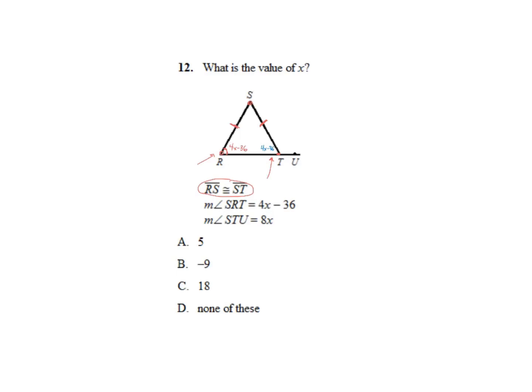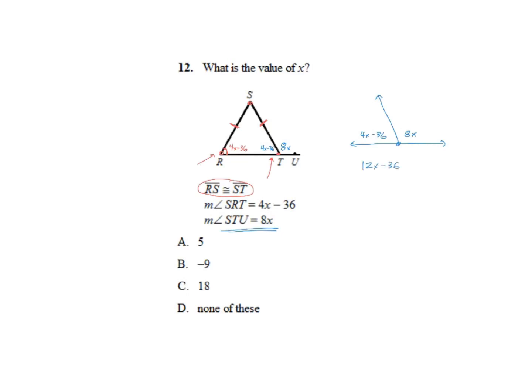And this angle here is 4x minus 36, and they tell us STU here is 8x. And there's that visual again of a line made up of two angles, and we know this to be a linear pair, so we end up with